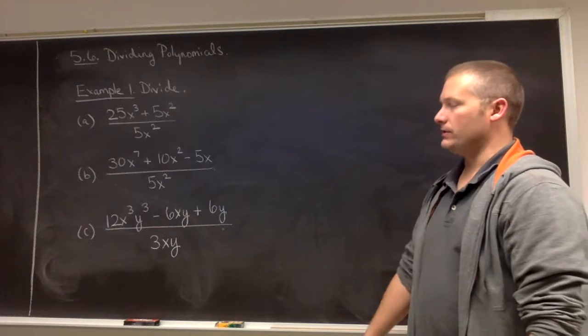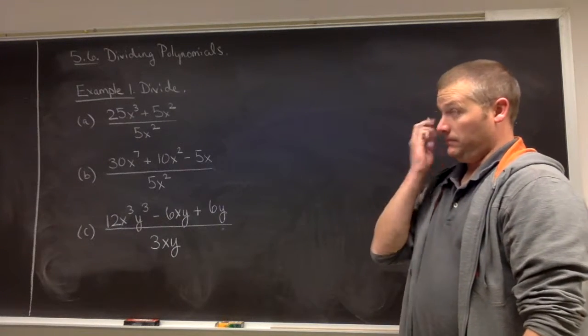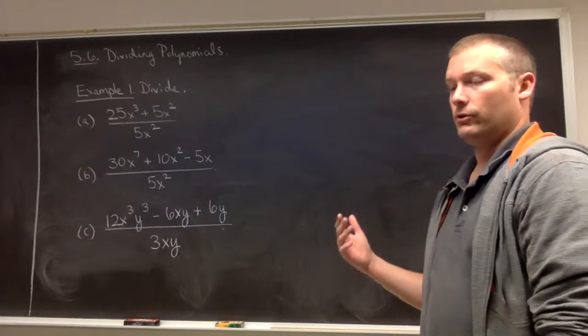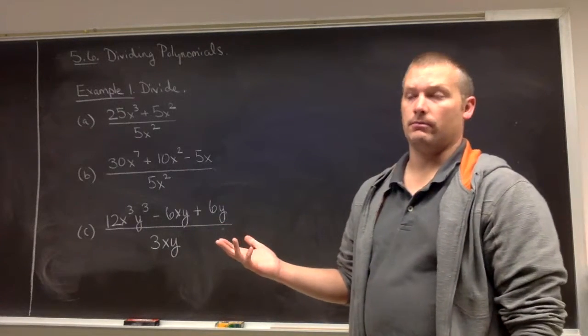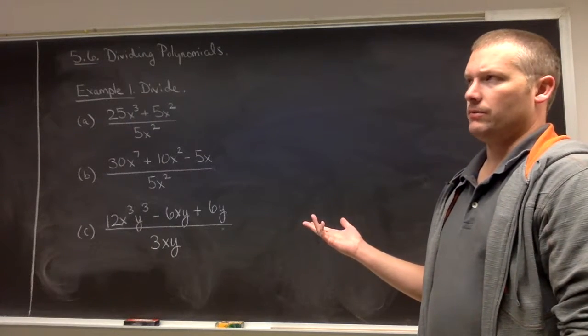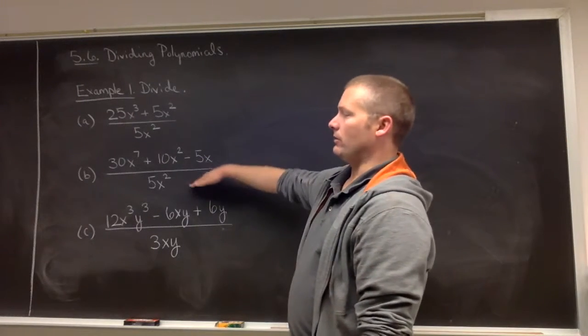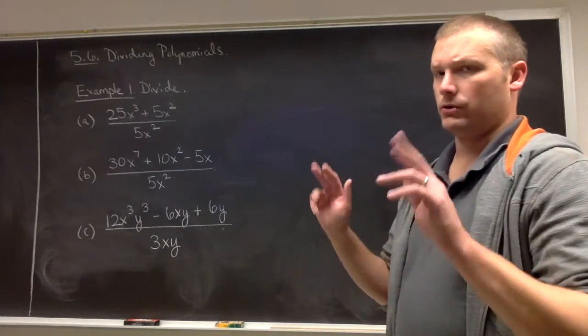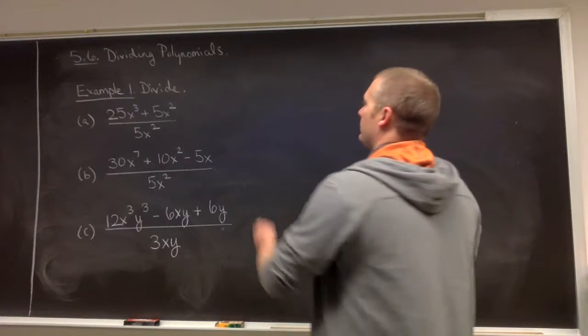So we're going to divide these three. So it's just going to be the distributive property, but with division. Like when you multiply things by a single term, you just distribute that single term into the parentheses. Here we're dividing everything by a single term, so we're going to divide everything individually by that term. We're going to distribute division. Okay, so